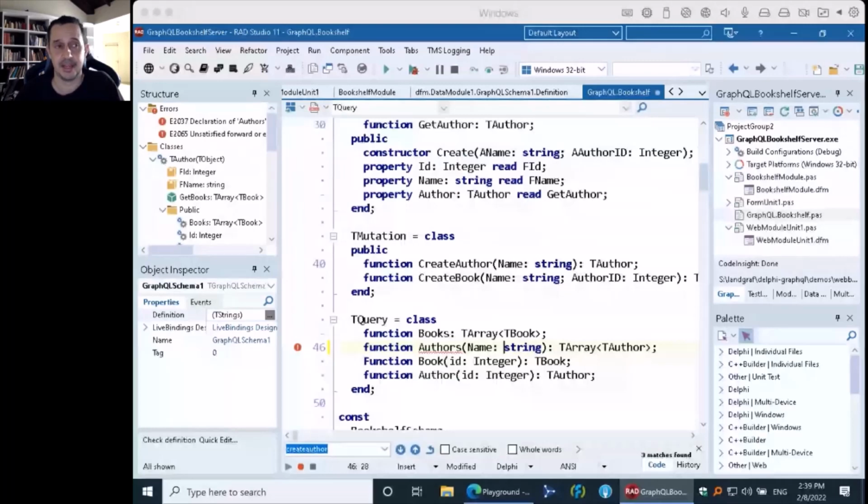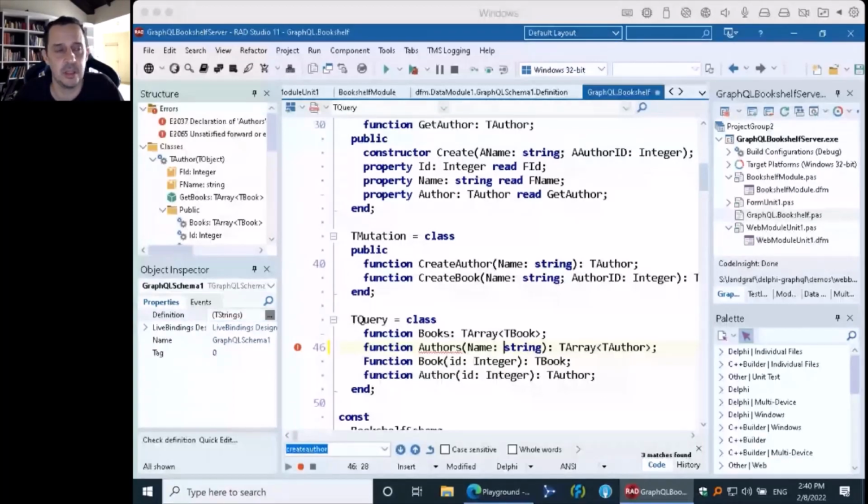But what I would like to say is that this is just the beginning of GraphQL for Delphi. It's not the end at all. And we are very proud of what we got so far, because we have followed the full specification. I believe there are footnote marks in the documentation mentioning that the only missing things are type extensions and subscriptions, which is a very side feature of the GraphQL specification that we will cover in the near future.